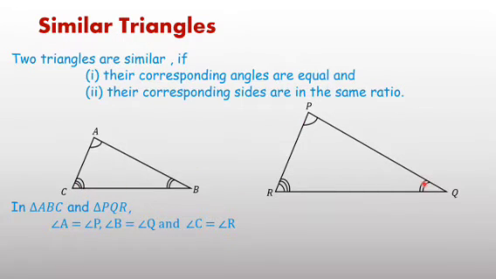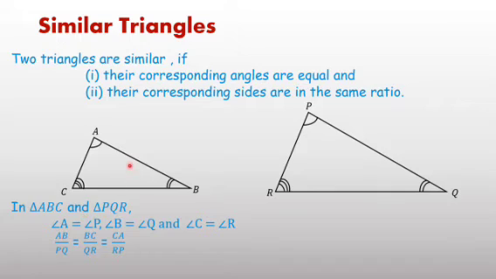B equals Q, so here the corresponding angles are B and Q. If C equals R, then the corresponding angles are C and R. Now second, corresponding sides. For corresponding sides, I am telling you one method that is very easy. In the first triangle, write down the three sides in the numerator: AB, BC, and CA. Just I have written in the numerator AB, BC, and CA. In the denominator,